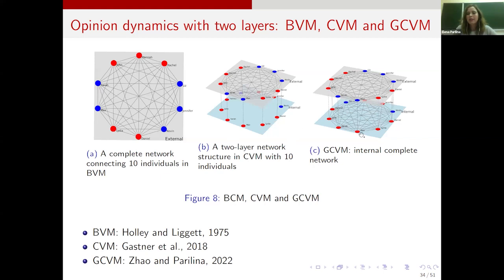We extend this model and we represented the communication between the nodes in the internal layer. Here, it is only represented by a complete network, but I will show that we examine different network structures in layers. So we allow changing the network structure in both the external and internal layers. So the motivation was the following, that the players in the society can exchange their internal opinion with their close friends. So here, players can communicate and give the real opinion to their friends.